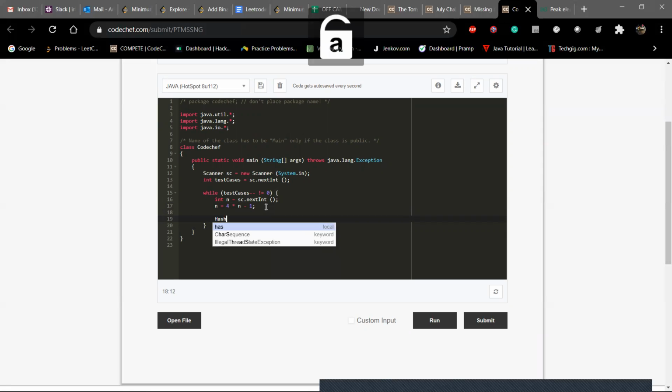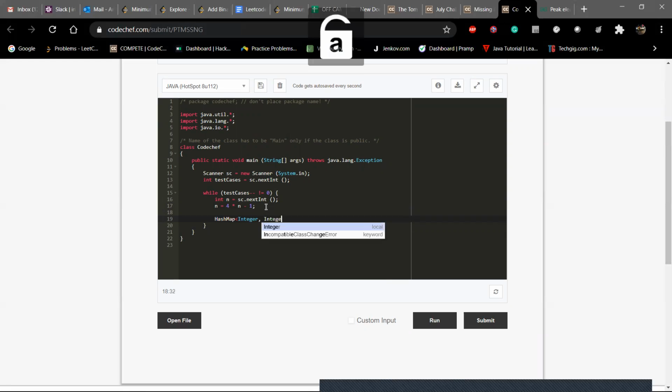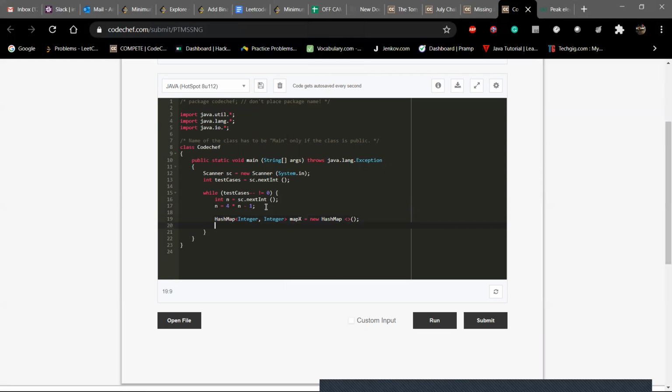Firstly, declare a HashMap of Integer, Integer, map x equal to new HashMap, and a second HashMap for y.